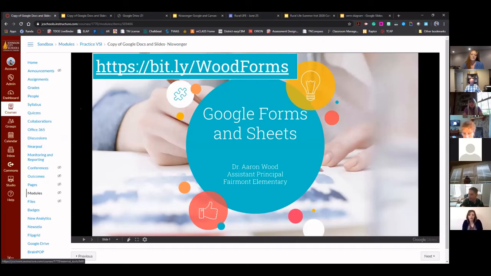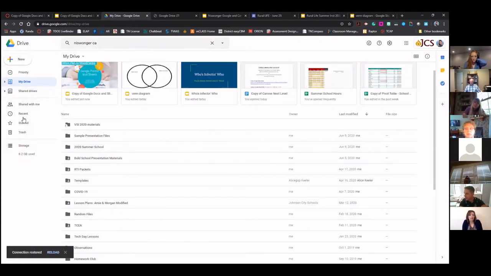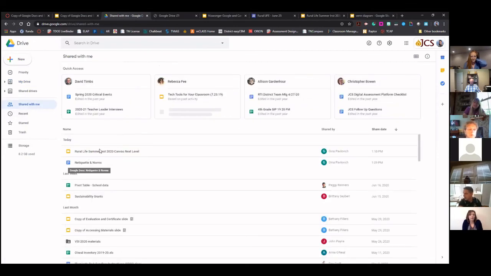But my biggest and strongest recommendation is to use that Google Docs cloud assignment, because what that does is, if I go into my Google Drive, which I'm going to go ahead and bring over, and please forgive me for the chaos that this is with how many things I have. If I click Shared with Me, above here is whatever they click as a Google Doc Cloud assignment. So if you have them make a copy of a Venn diagram, inside of the Venn diagram, they'll have a